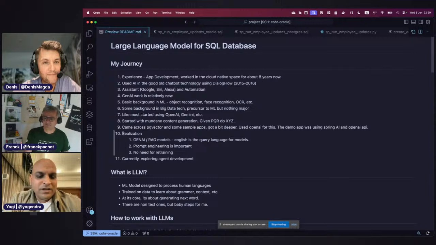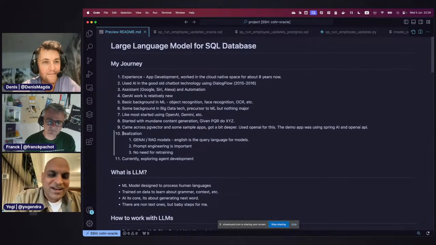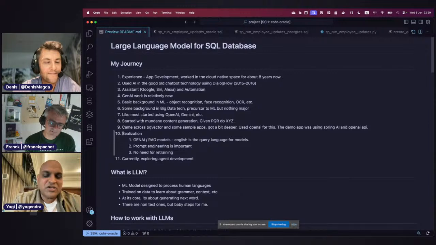Now, one of the key realizations I had a few months into using Gen AI was that if you think about the models as databases, natural language is your query language.